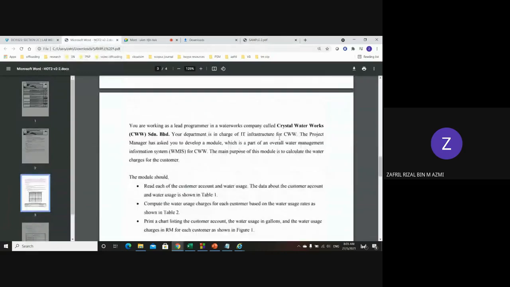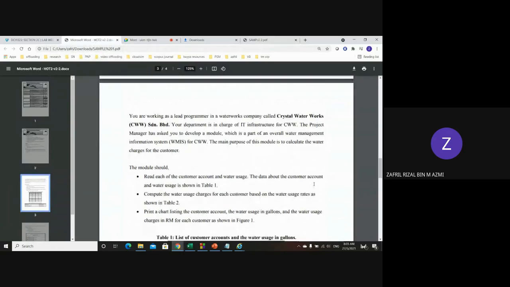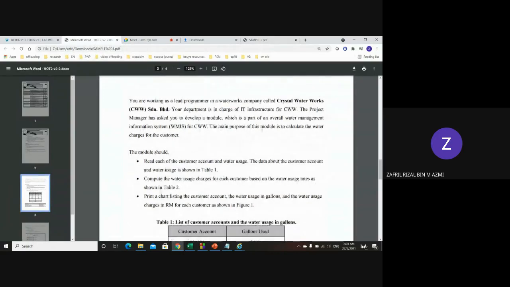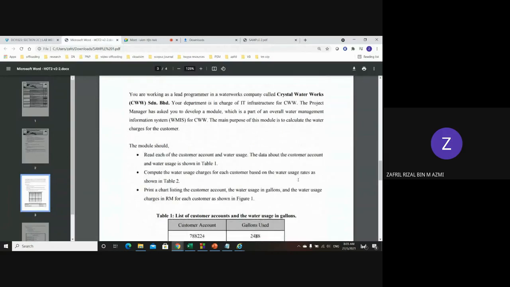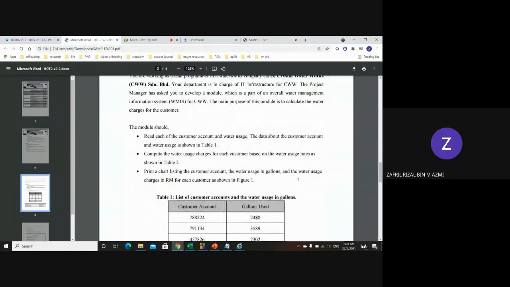Crystal Water Works Sendirian Berhad. This is something like what? Syabas, the water provider company. Okay, so what you need to do is develop a system to calculate the charges. However, there are requirements that you need to follow. The first requirement is your system should be able to